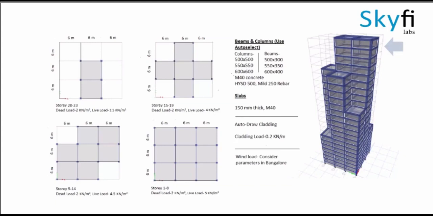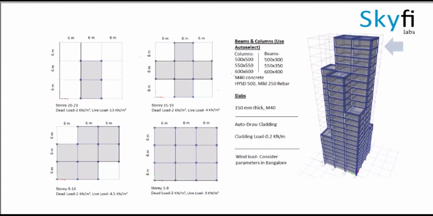Hi there. We are going to do tall building design using ETABS considering wind load parameter in Bangalore. By looking at this figure, we can see the various beams and columns that have been given, and we have to use the auto select option for both beams and columns of various sections. Considering M40 concrete and HYSD 500 and mild 250 rebar, and the slab has 150 thick, and the various sections